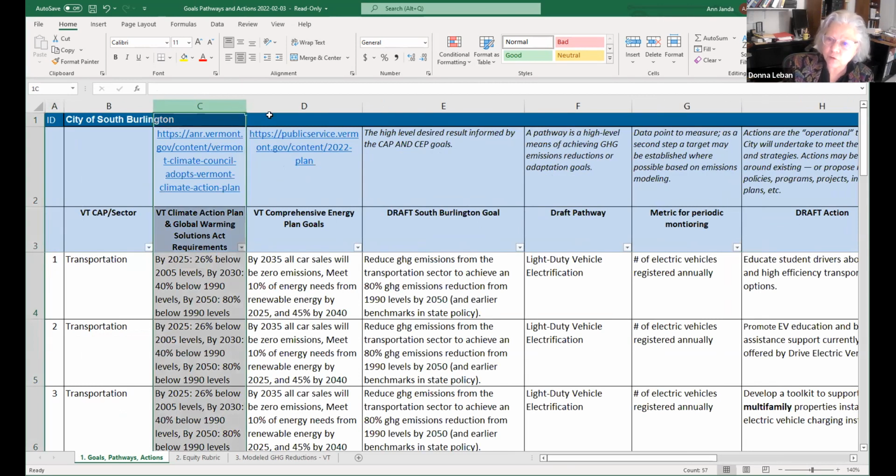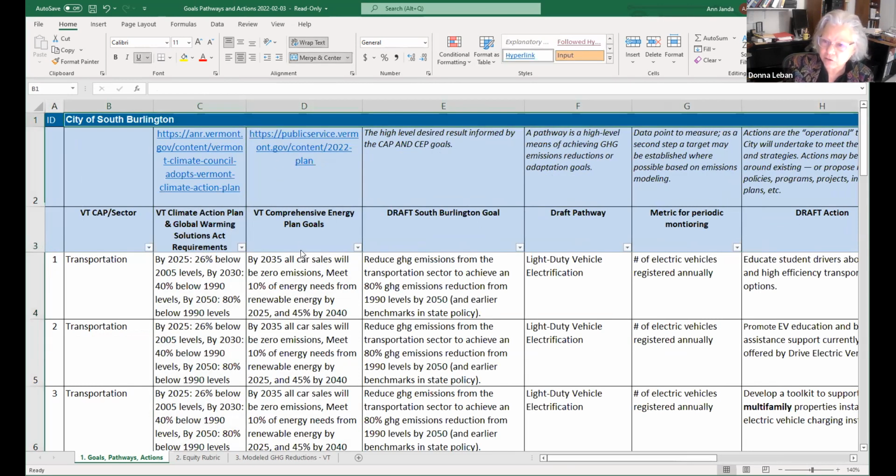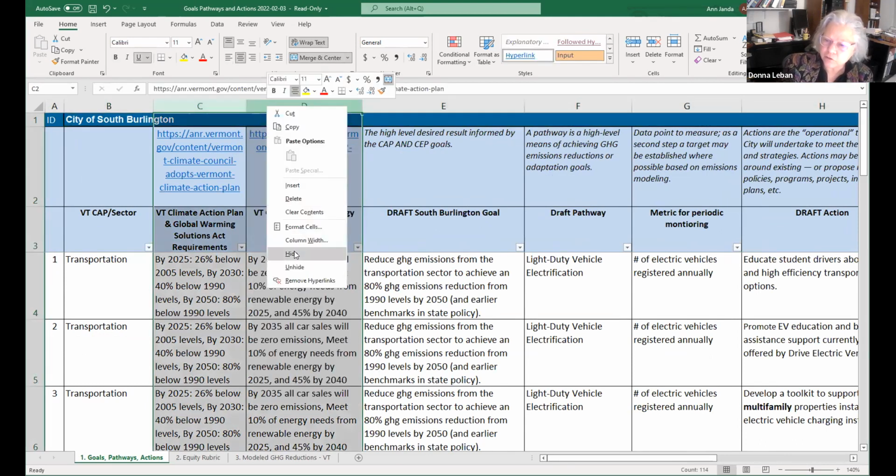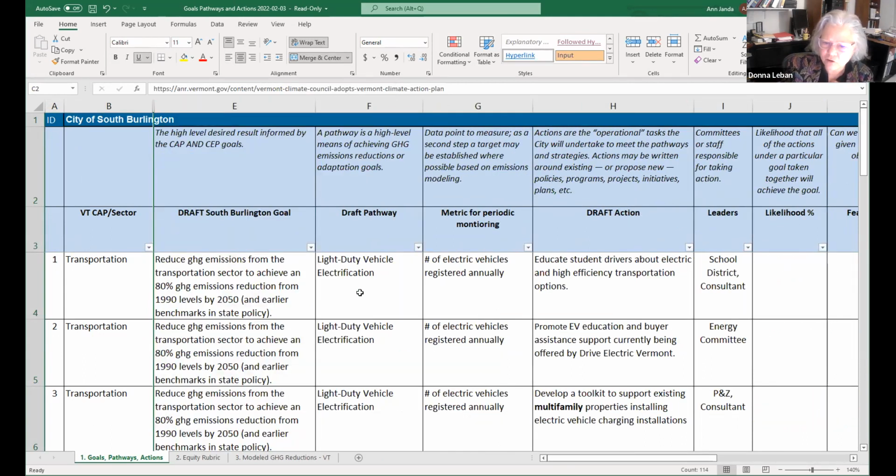Let's just focus on those things that the city can do and work our way from the large goal, the large pathway, down to the details, because some of the things you've listed as draft actions are details. Those aren't the goal. Educating student drivers, that's not where you start. That's maybe one of the methods that you use to reach that